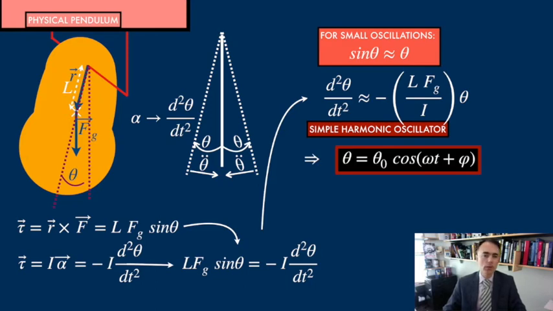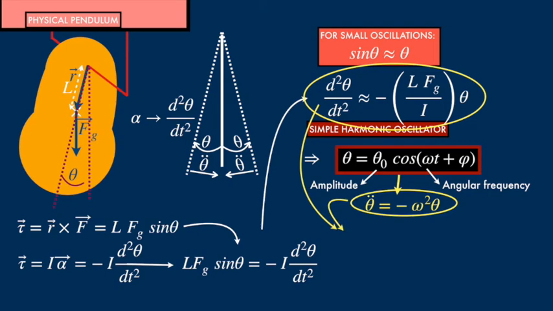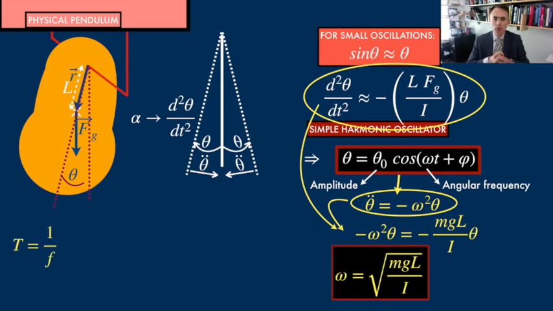Here theta naught is the maximum angle, the amplitude, and omega is the angular frequency. The angular frequency is given by the square root of mgL over moment of inertia. Analogously, for the period of the oscillations,